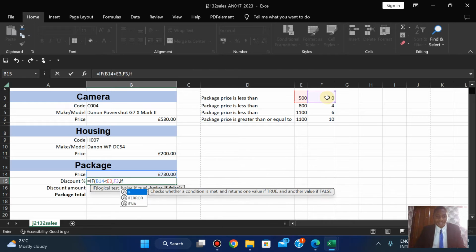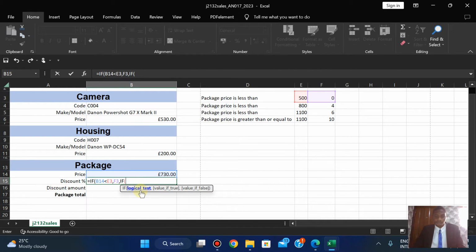Okay, we have another nested IF: if the price is less than the package price, display this, comma,